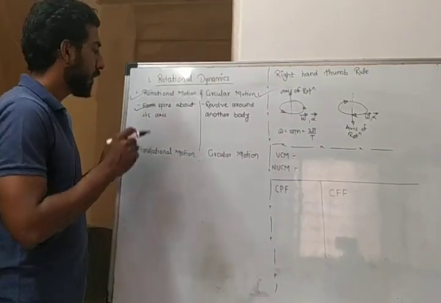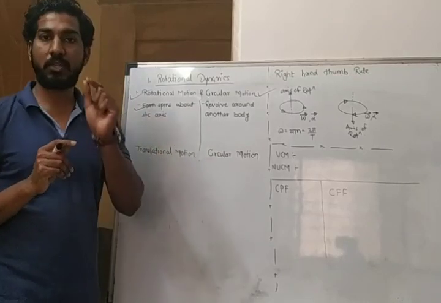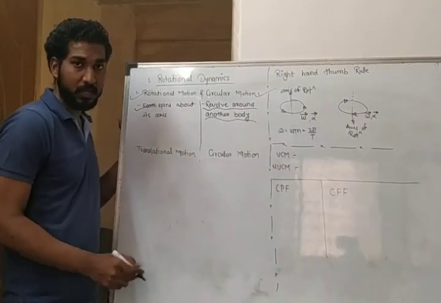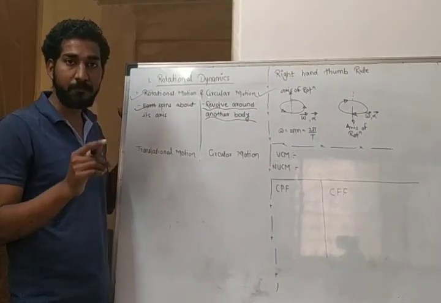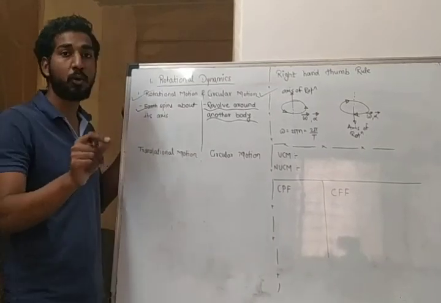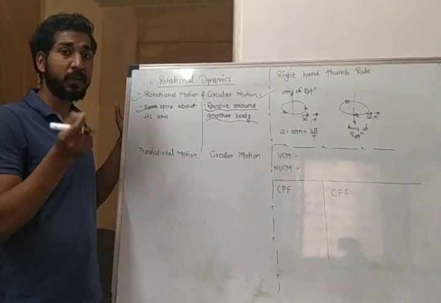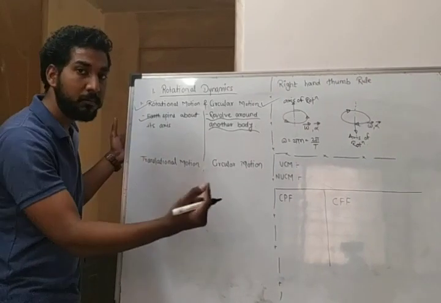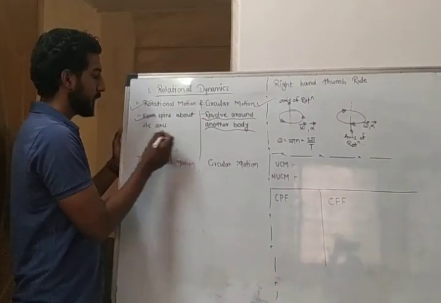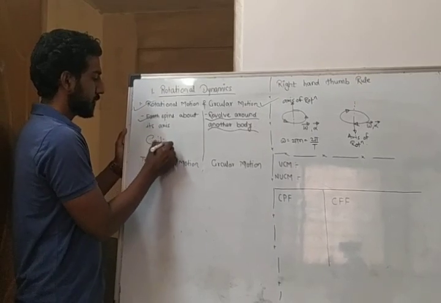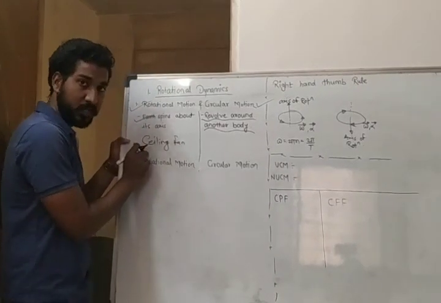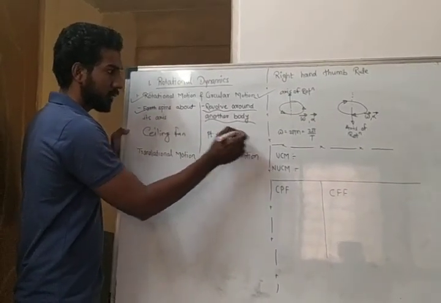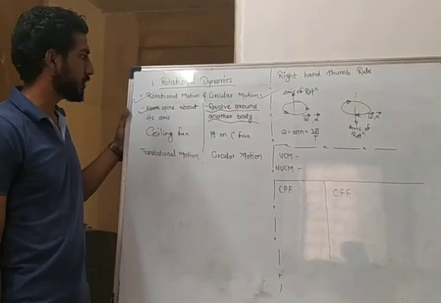Or we can say it is related with one point, if it is revolving around another body. Let's say we are considering a ceiling fan. If the ceiling fan is taken, it will be the example of rotational motion. If we consider only one point on that fan, or one spot, that will form a circular motion. In the total ceiling fan, the total body is considered here, and here there is a point on that ceiling fan. This is just a difference actually.